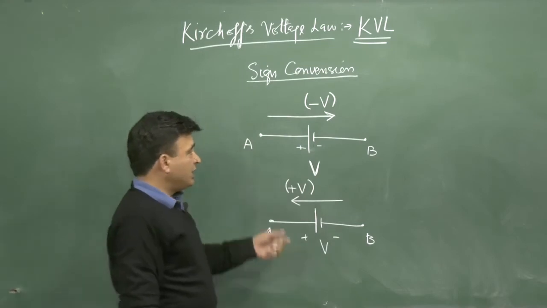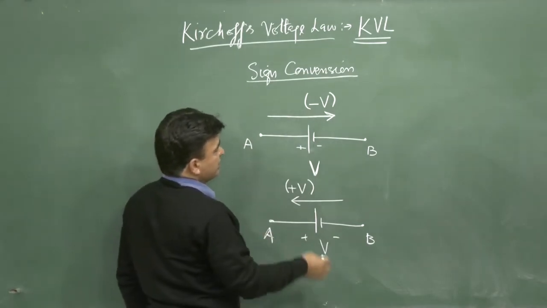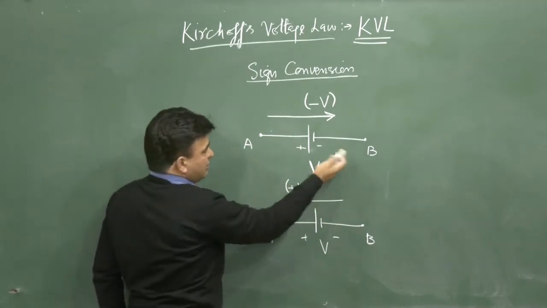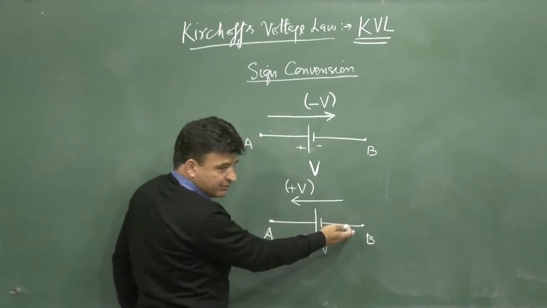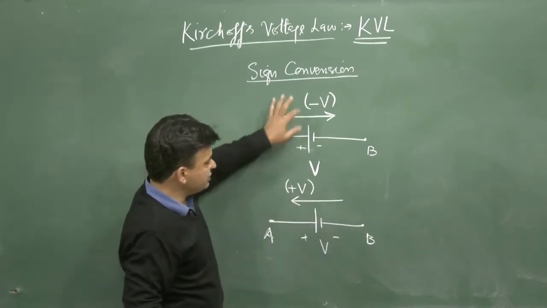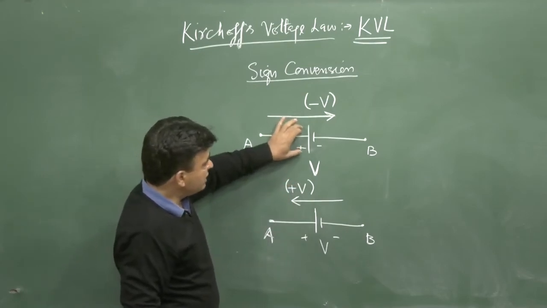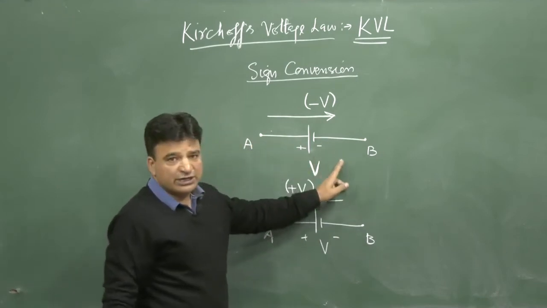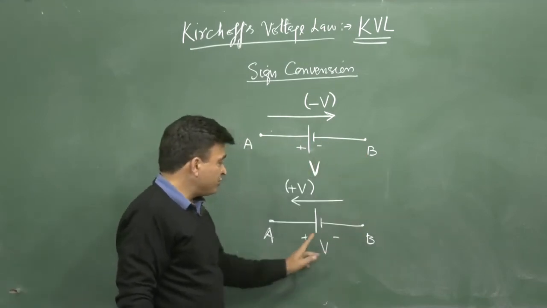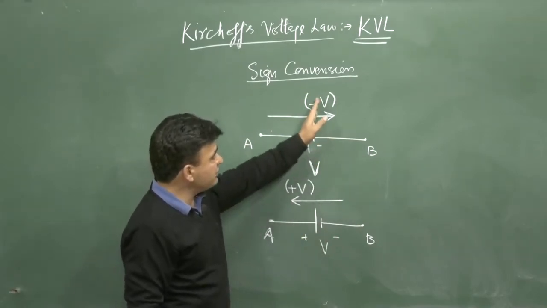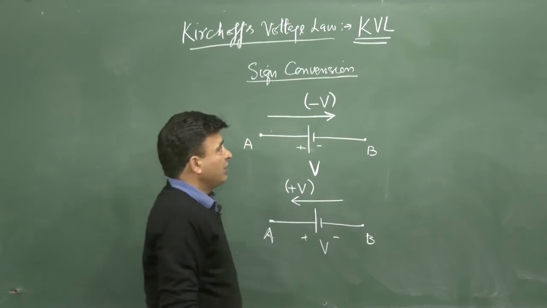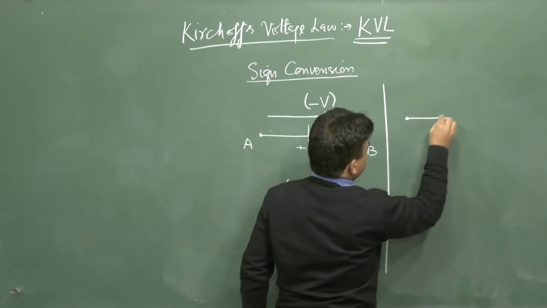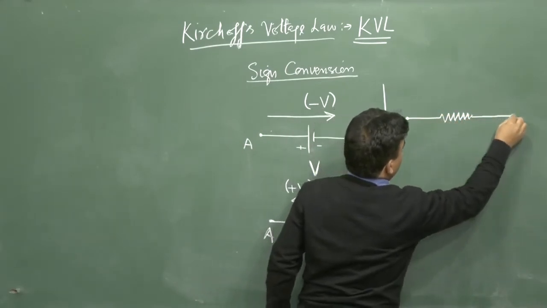Now, here one thing you should also remember, that irrespective of the current, whether the current is going from A to B or from B to A, we are using this sign convention. Because we know here in case of a battery, this is the negative terminal, this is the positive terminal. When we are moving from A to B, we are going in the direction of decreasing potential, and when we are moving from B to A, we are going in the direction of increasing potential. So here decreasing potential, negative V, increasing potential, plus V. In the second case, when we have the resistors, let us suppose that between the points A and B, there is a resistor R.